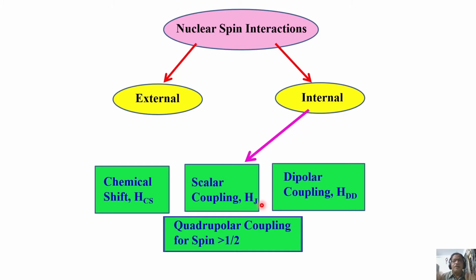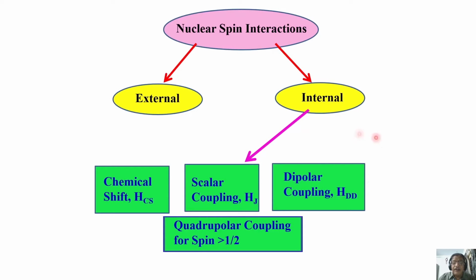These two protons can interact, because each nuclear spin we can take as a tiny magnet, and these two can interact, where the medium of interaction or the magnetization transfer is through the covalent bond. So this scalar interaction or scalar coupling, also called J coupling, is because of the covalent bond. It is a covalent bond mediated interaction between two nuclear spins. Please remember this. This is again internal to the molecule.